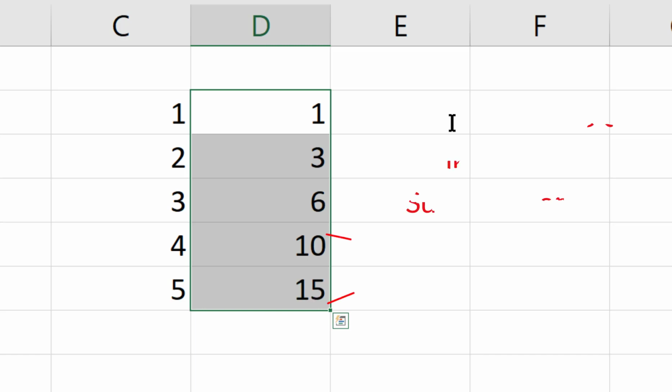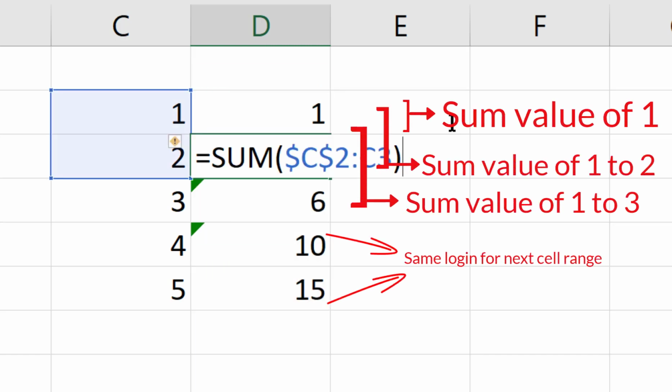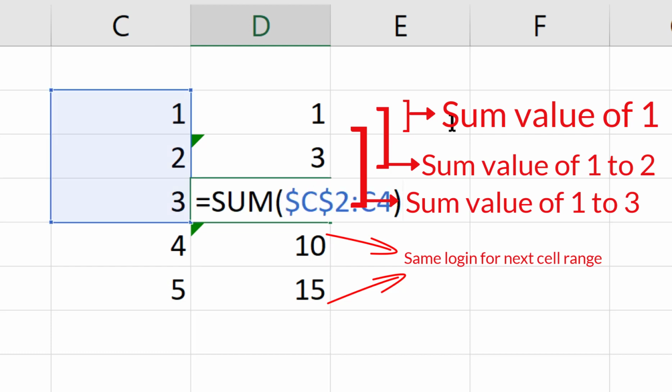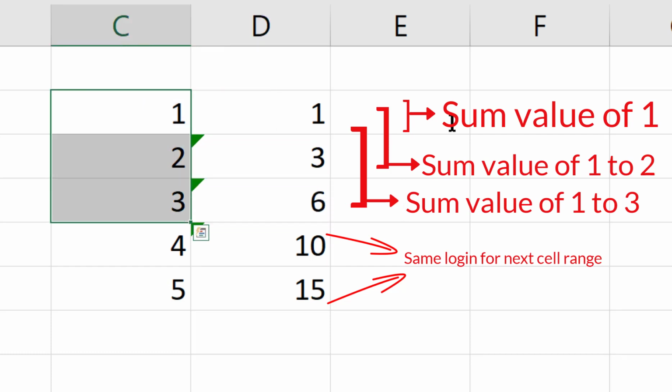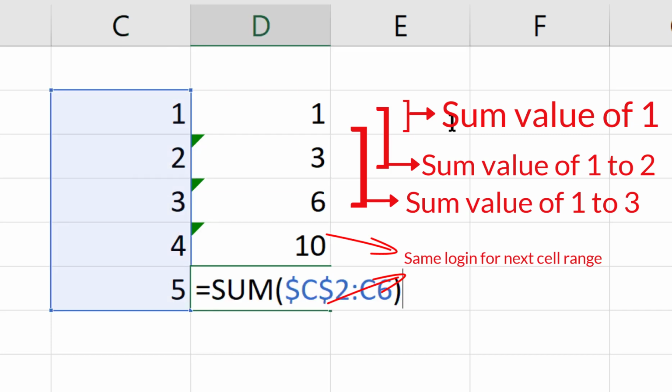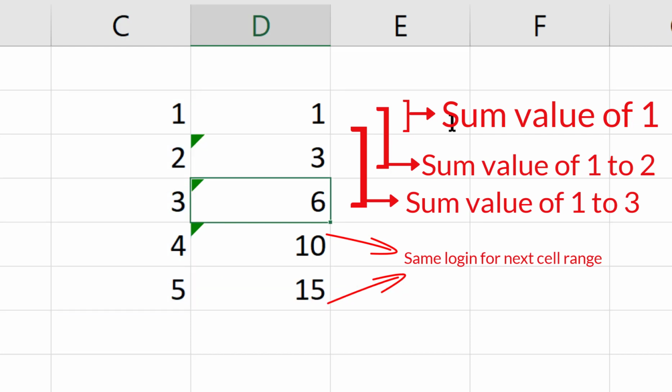If I select Ctrl D, and go to F2, it is summing up only the first two cells. If I select the third cell, it is summing up three cells. If I add it, you can see 6. So it is an expandable range sum value. If I select the final cell F2, it is selecting the entire range. In this way, the range will automatically expand based on the cell values.